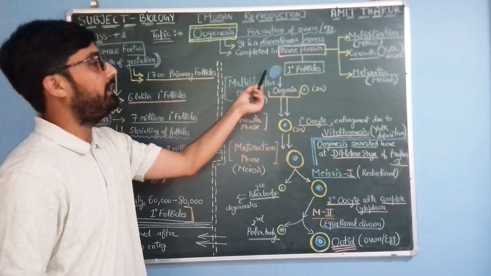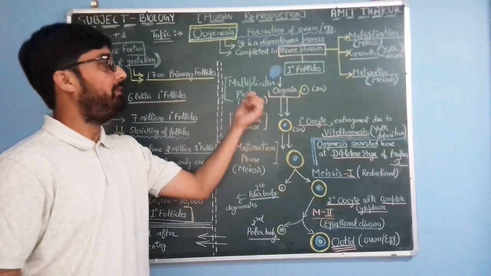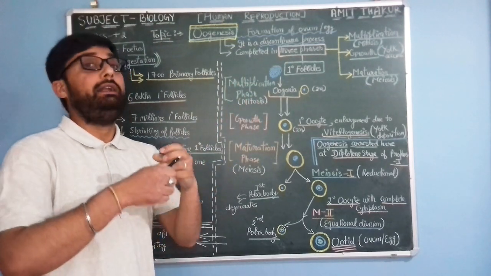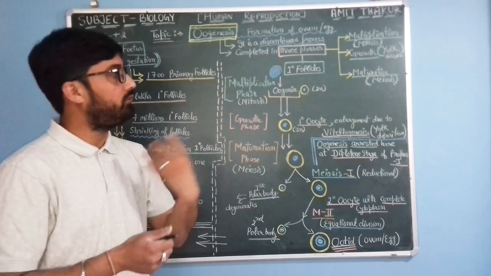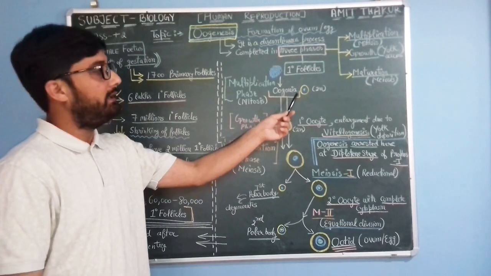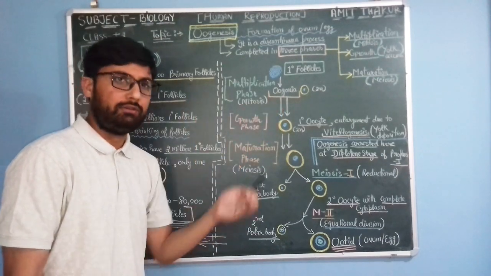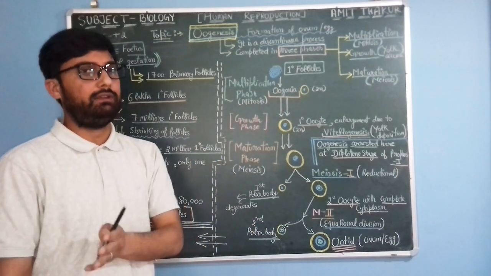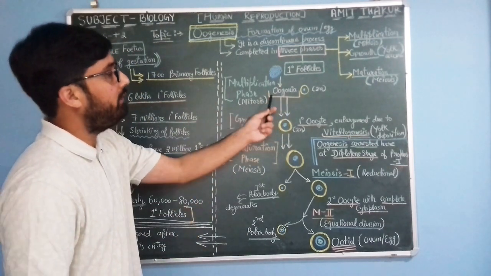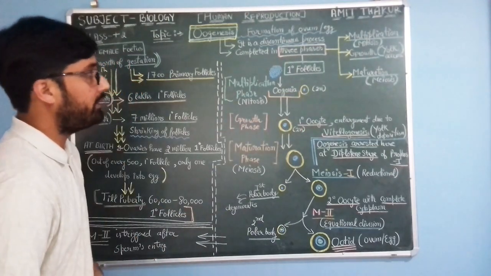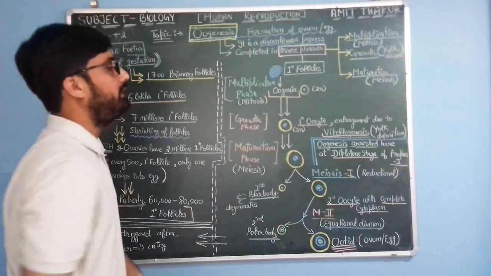These primary follicles, the cluster of cells, one cell, first of all, what happens? Multiplication phase, they divide mitotically, and out of them, one cell gets a chance to become this oogonia, and they are diploid. Why diploid? Because they have undergone mitosis, and mitosis is equational division. Diploid will remain diploid. So this oogonia will be formed, which is diploid, under multiplication phase, and this diploid oogonia now would